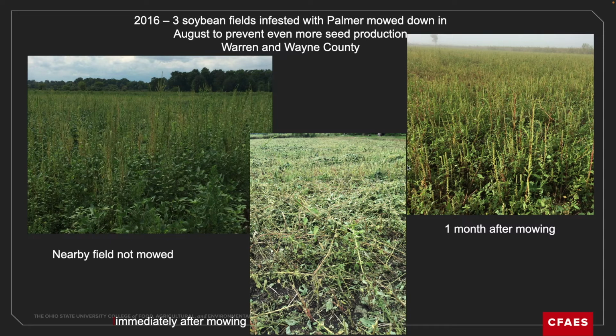What's interesting about that is you can see what this field looked like immediately after mowing, and then of course what this plant does is reroot at all the nodes. When you put it down on the soil there, it can reroot. And if you don't follow up with tillage or herbicides or whatever, what you have is what's on the right there, where it just basically retakes off again and you still have seed. Not as much, but still comes back. So it's the weed. There have been some other cases where the threat of use of the noxious weed law, or in one case use of the noxious weed law was for Palmer amaranth was caused someone to have to mow it down, or at least mow down part of a field.